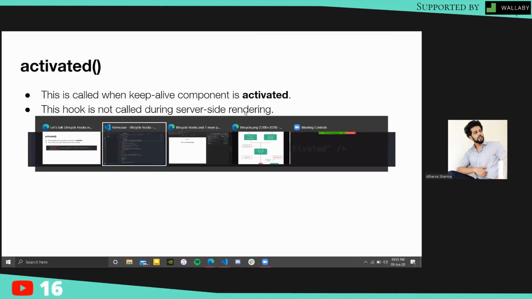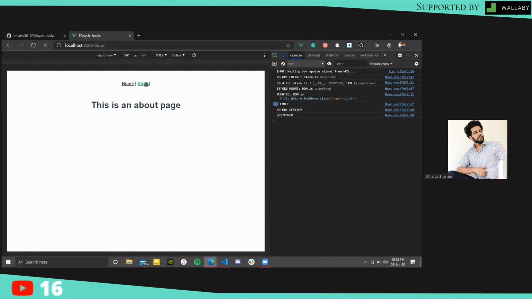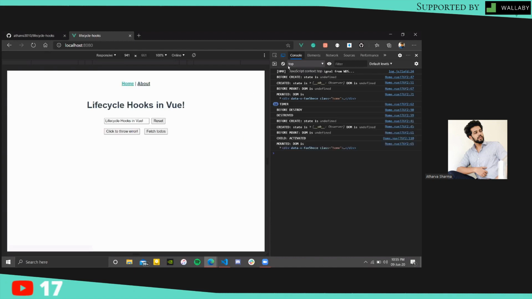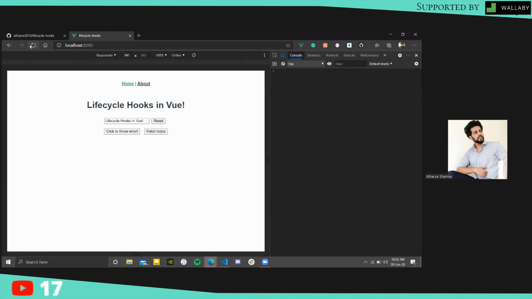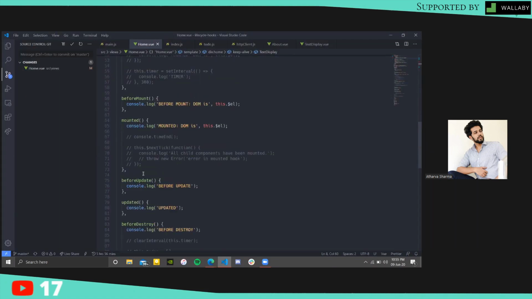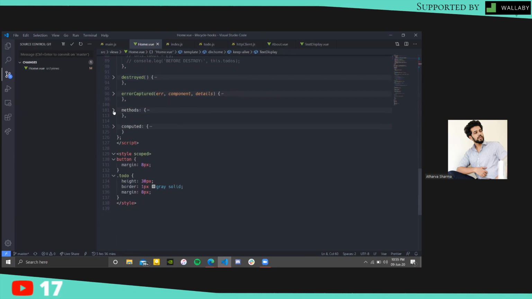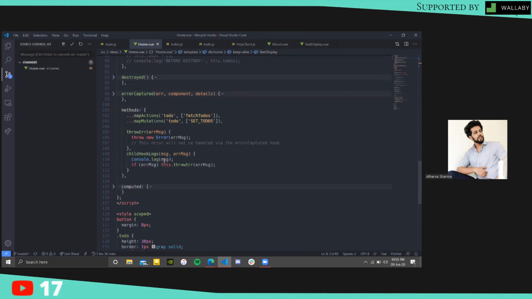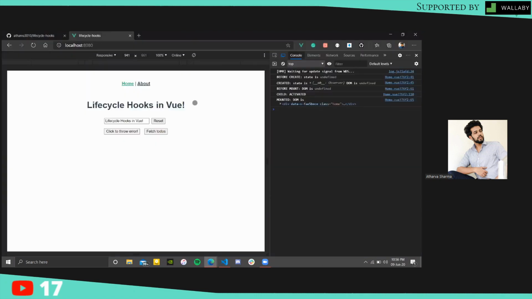Okay, so yes, we see the child activated hook. That means that the child hook was activated. We were listening to it here. Child hook logs is just a simple component that console logs a certain message. So it was activated, and when we change the route, we can see that the child has been destroyed.